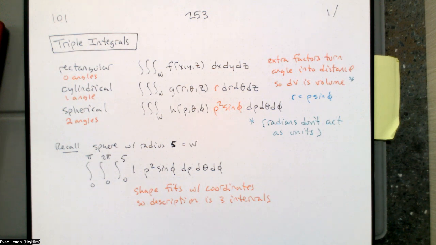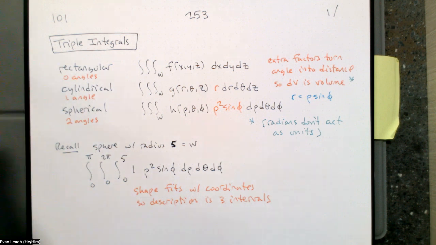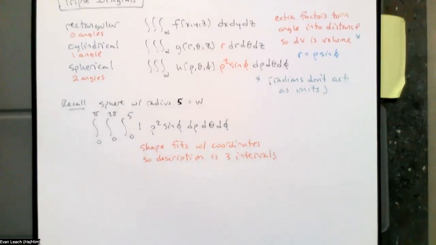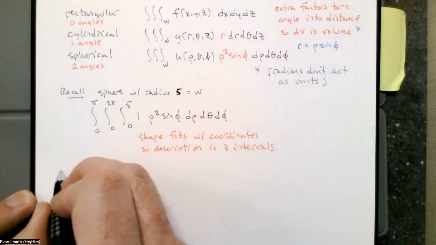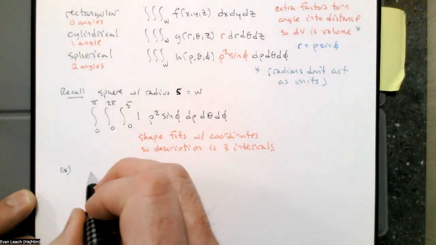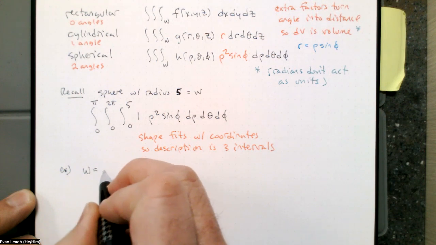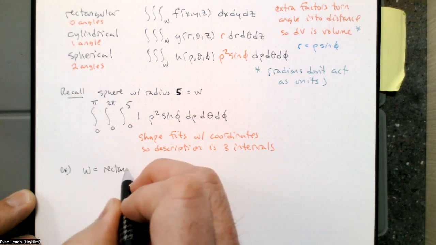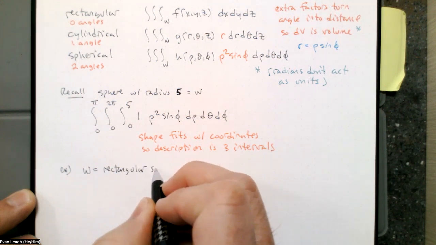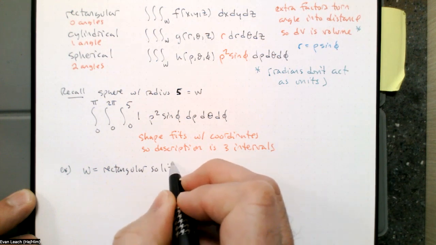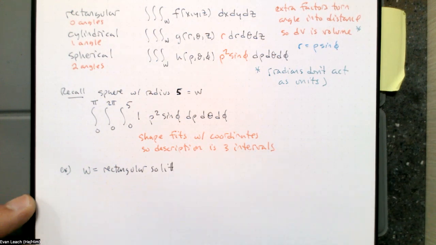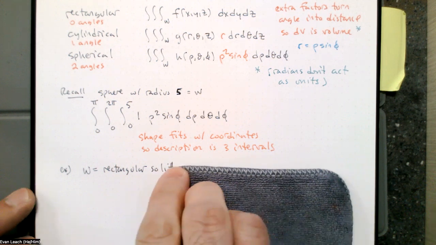So for example, if in rectangular coordinates, I wanted to describe a box, I want to describe a rectangular solid,